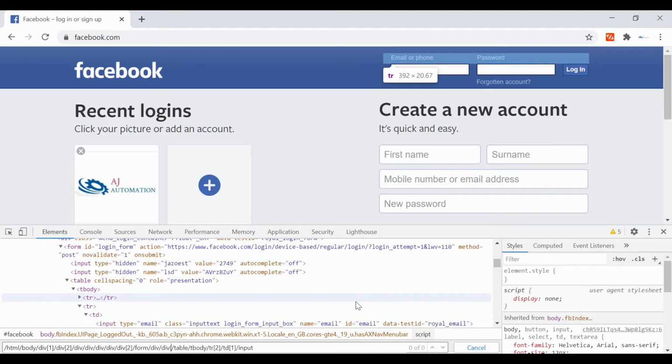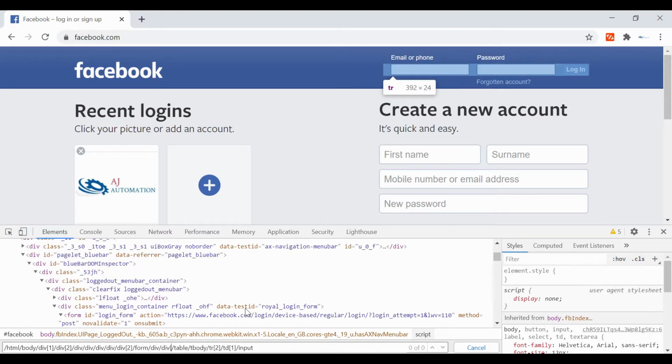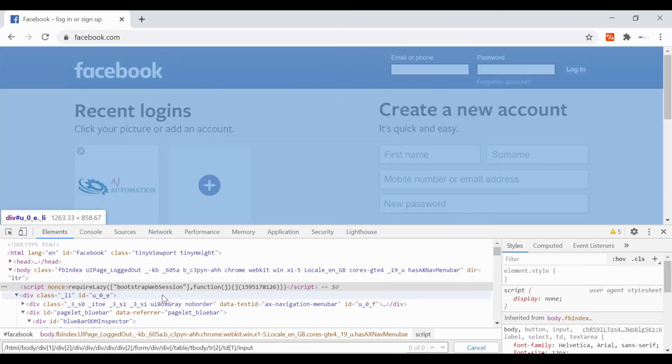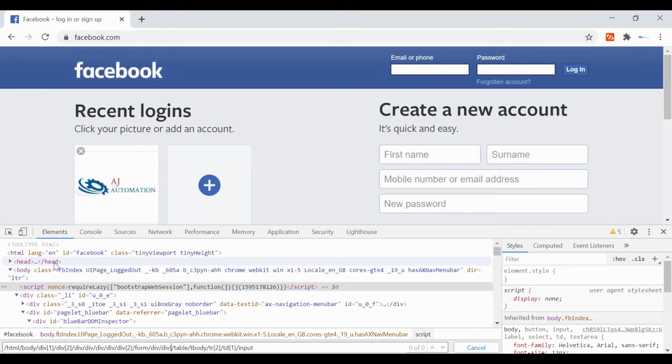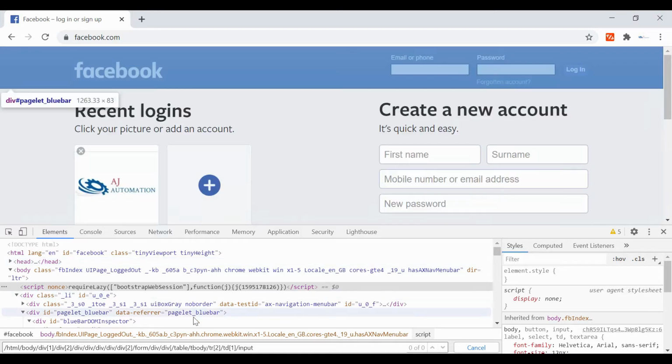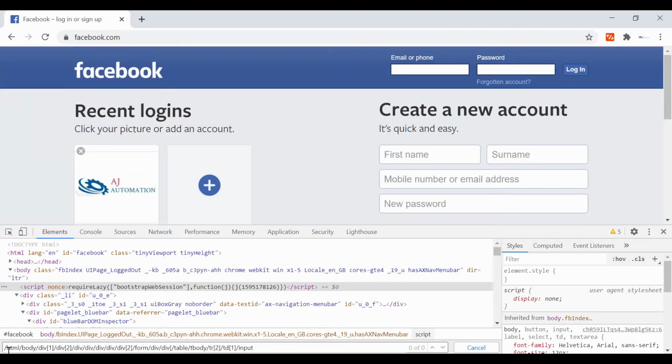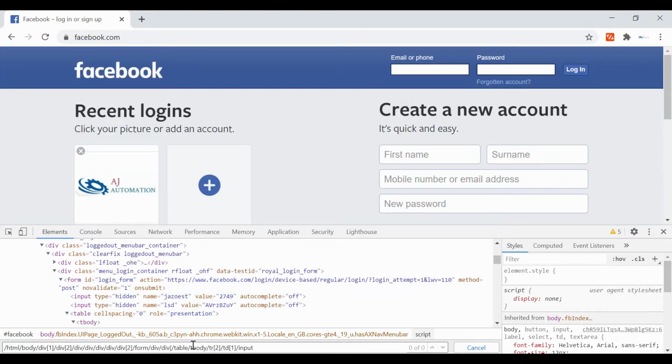So we are going to use relative XPath because of this reason. Just for the sake of interviews and knowledge, I have explained what exactly the absolute XPath is and how it gets generated: start from the first node and then traverse up to the desired node. You don't have to worry about this absolute XPath because we are not going to use it in our Selenium. So just have some knowledge; if in an interview they ask you, you will be able to answer in this way.